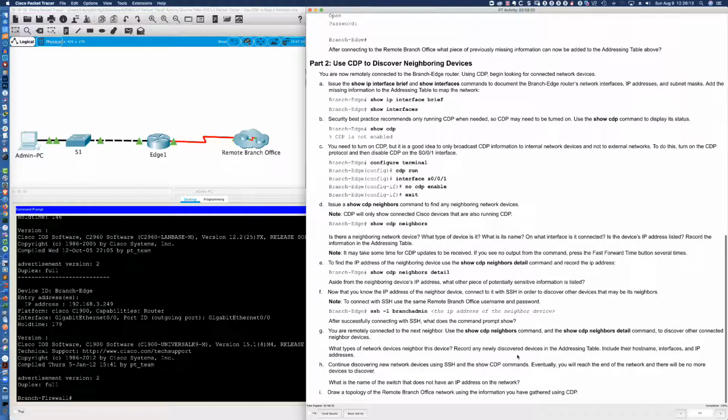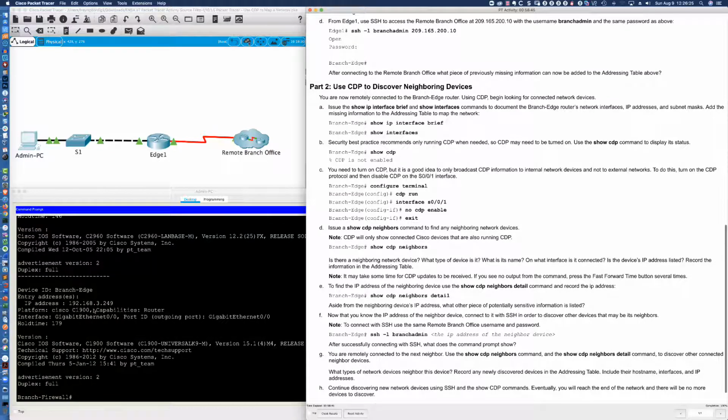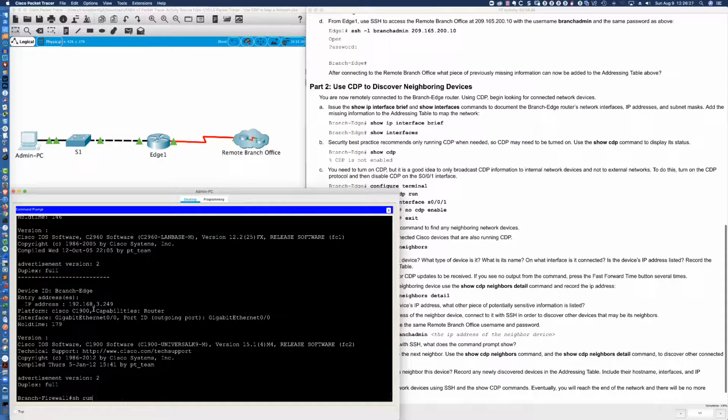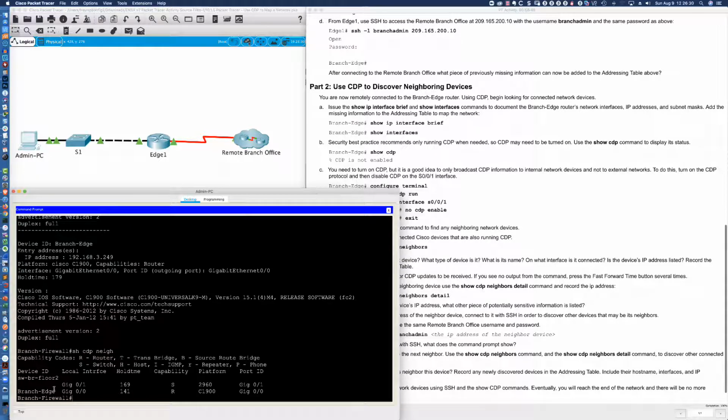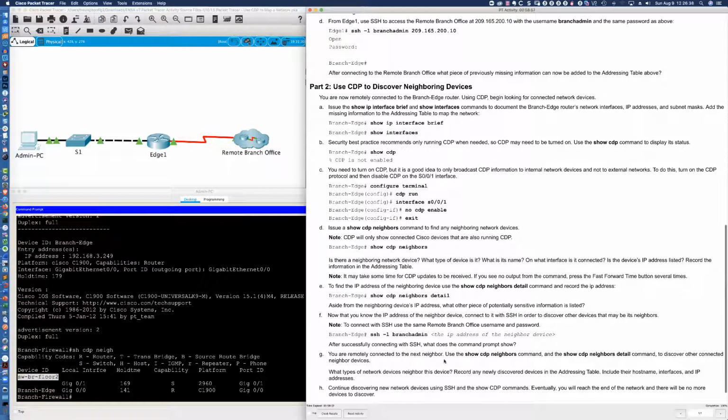So you would put these devices in your addressing table, include their host names, interfaces, and IPs, continuing discovering network devices using SSH and the show CDP command. So then the next device you would want to go to would be, oops, sorry about that. Let's get this back up here. The next device that you would want to go to is probably branch edge. Get the IP SSH over to it. Switch branch floor 2. Get the IP SSH over to it using the SSH information